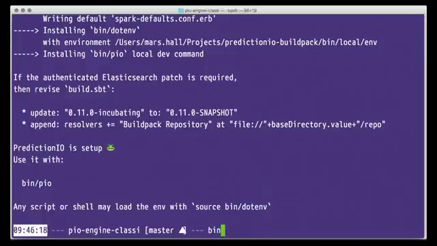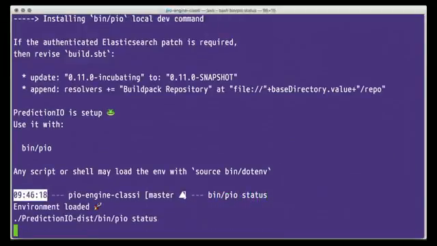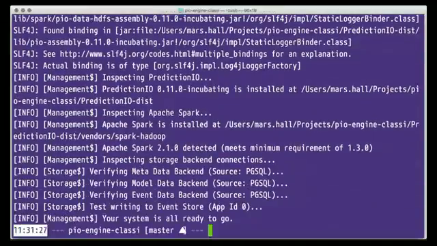With bin/pio, I'm able to run the status command, and this is like a canary for the current runtime of Prediction.io. This tells you, hey, is things set up such that it seems like it's going to work? So we can see that Prediction.io is installed, Spark is installed, and most importantly, we can see that our storage sources, all three of them, are verified to work. So with that in place,